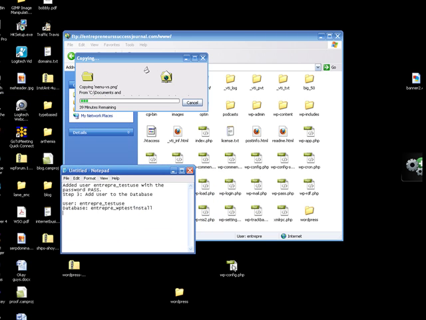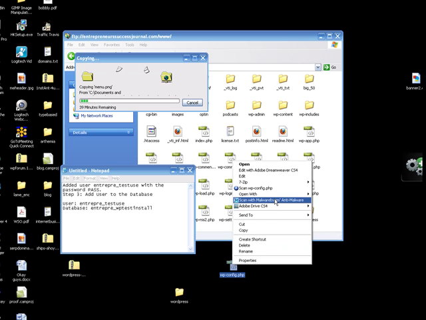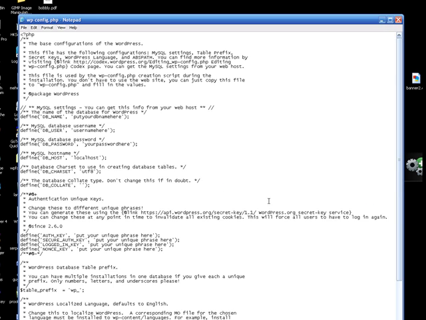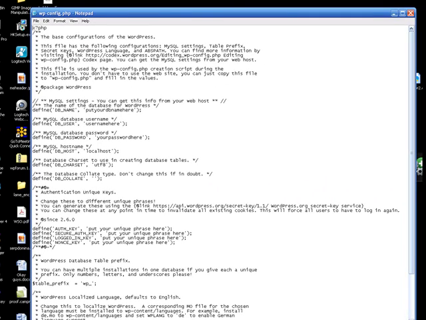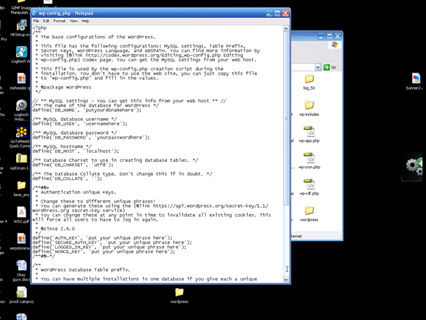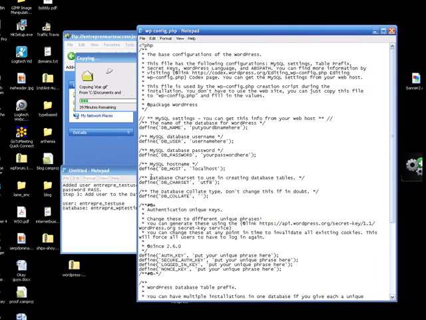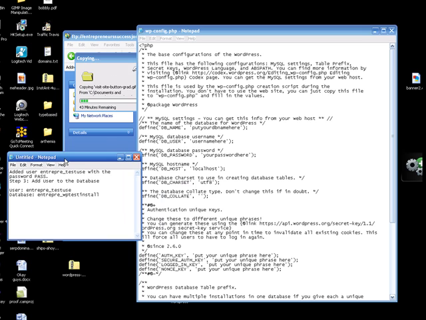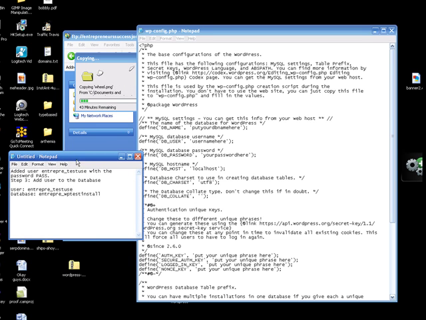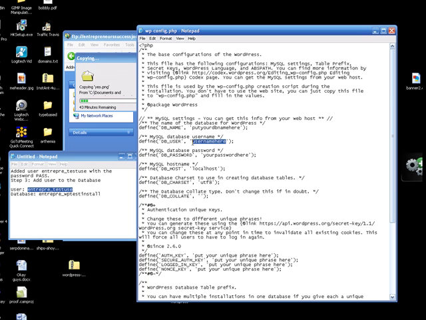Then we'll go back over here. We'll open up our wp-config file with Notepad. Now we have all this great information that we just got. We've already created that database on our server, and once we put the correct information in the config file, it'll populate the tables in the database. So I'm just going to copy it from here. Username here,